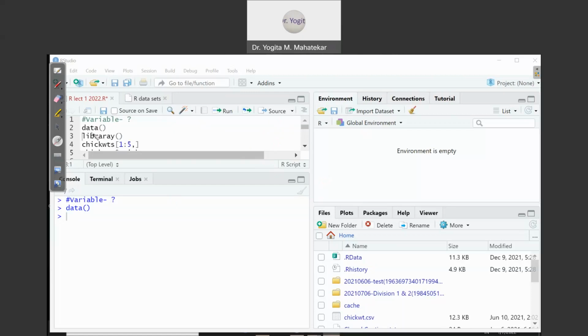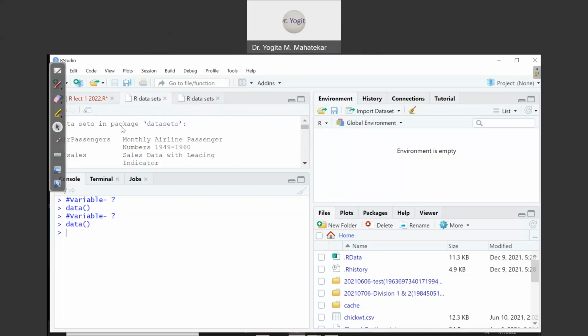So let us compile this second command, namely data with an empty round bracket. These commands I have already written. We are just going to see the importance and the output of all these commands. When we compile the command on the second line, data with an empty round bracket, it displays all inbuilt data that are available in RStudio. To compile the second line, we just go on that line, the cursor will blink in front of that command, and you have to press Ctrl plus Enter at the same time.